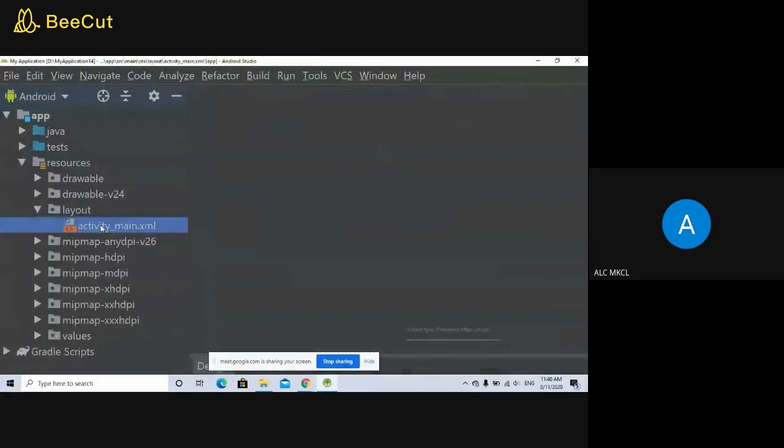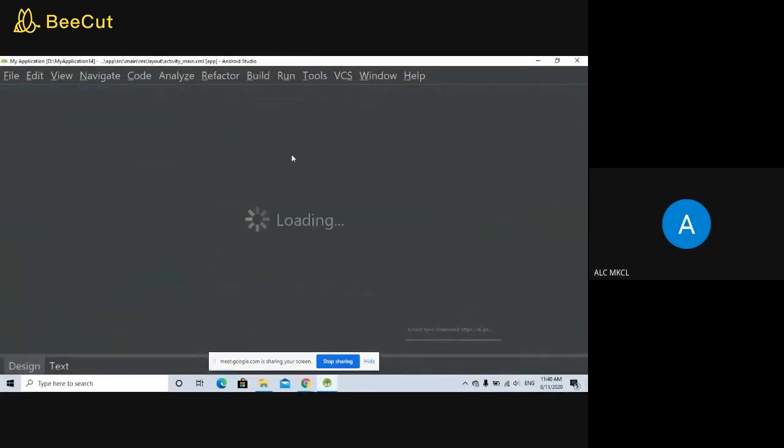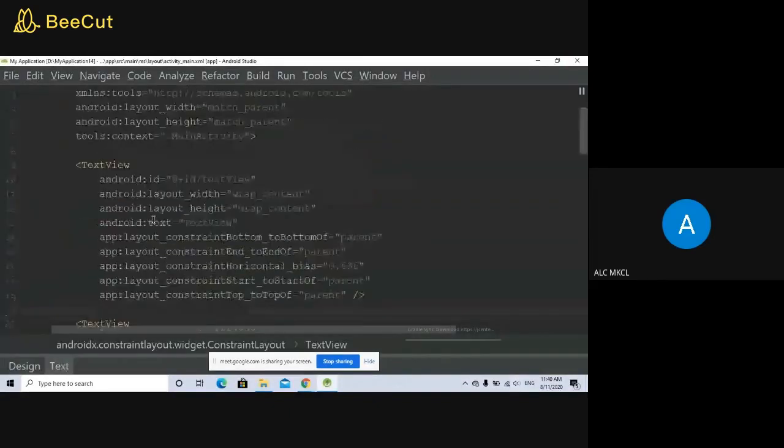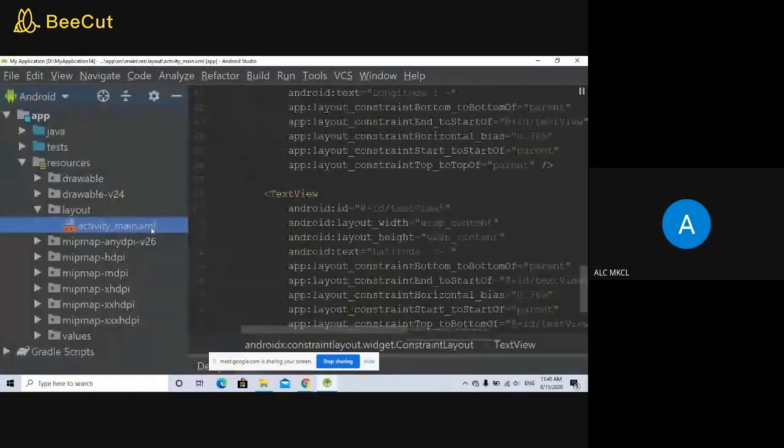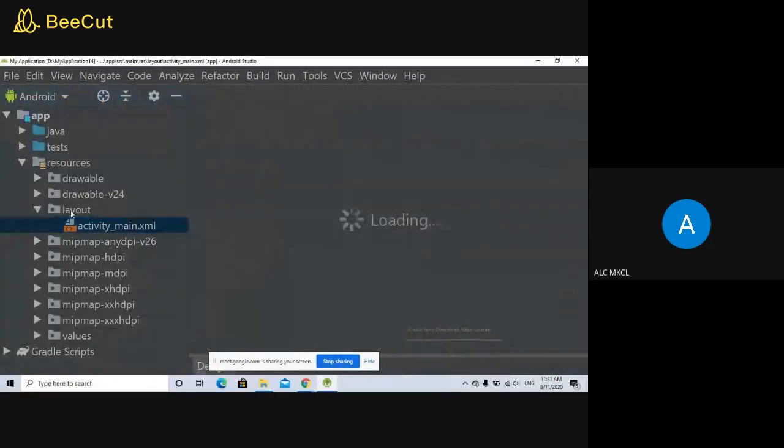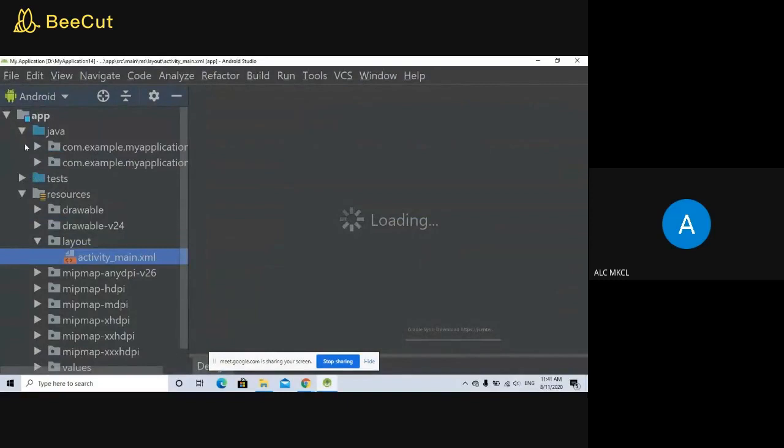Initially, you are supposed to define the layout. You can see three text views and one button. Then you need to go to the Android manifest file.